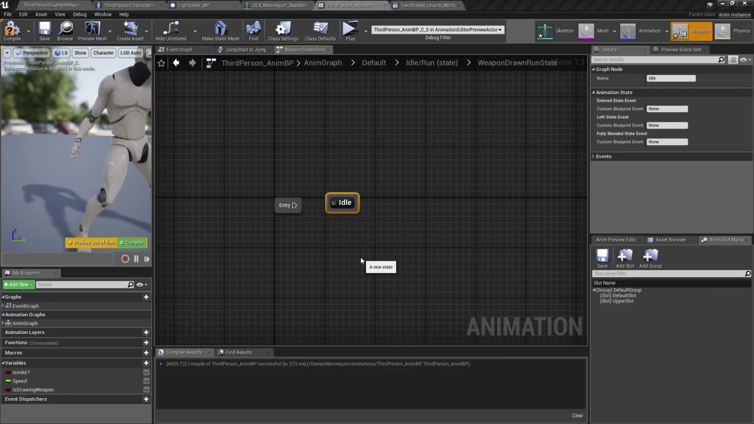And then we will add another state and we will call this one combat, just so we have a clear idea of which one is which. We'll go ahead and drag and start by default going into the idle,